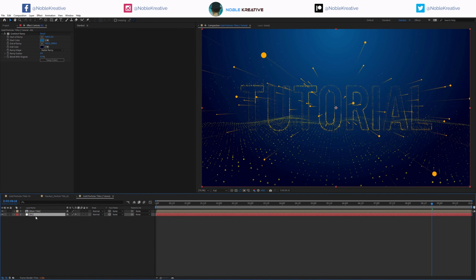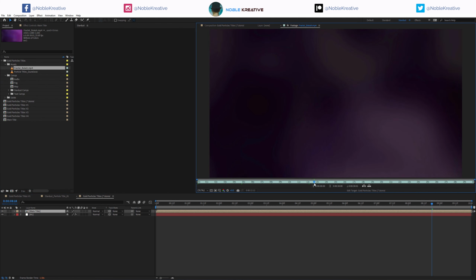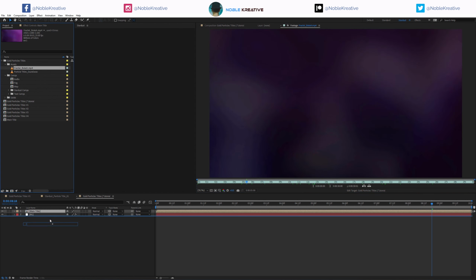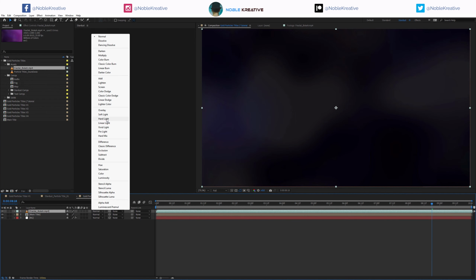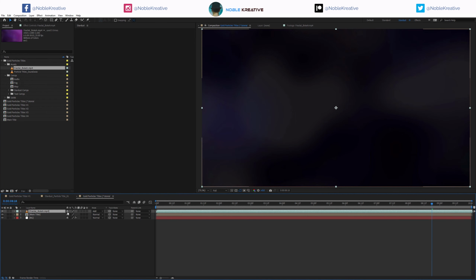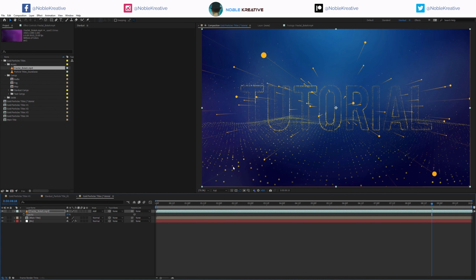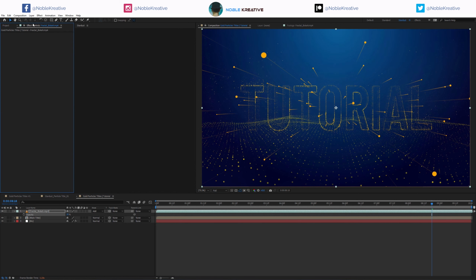So now I have these bokeh overlays right here to add on top just to create some really nice atmosphere here. So putting that on add and probably just going for 20 there. And we got also here these